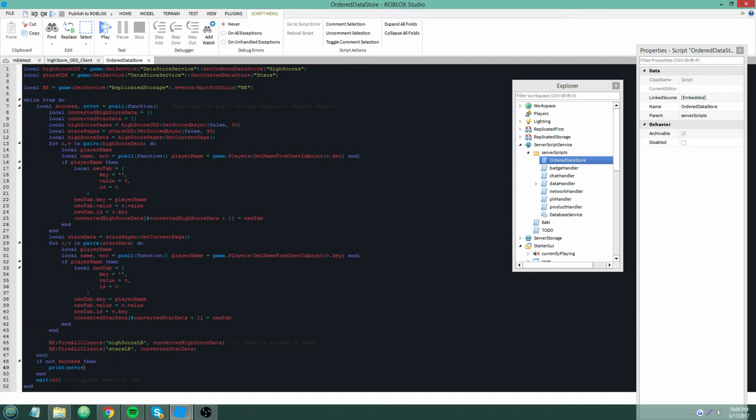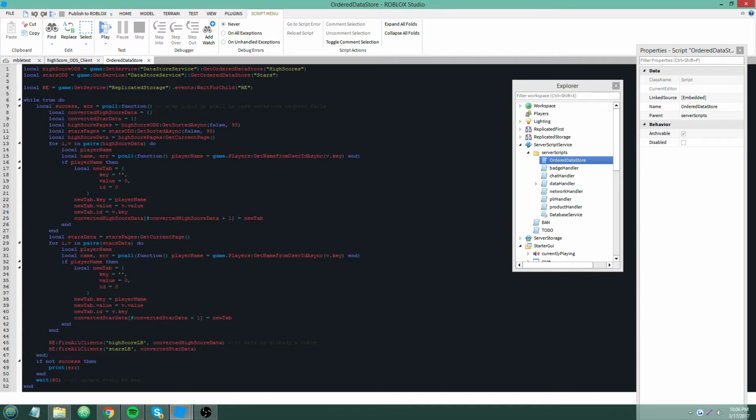Okay, no, since error highlights as a built-in function. Okay. So what a pcall does basically is, how do I explain this? You pass a function as an argument.